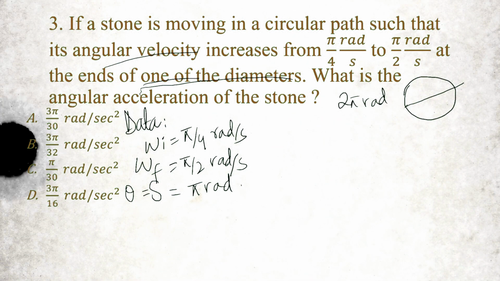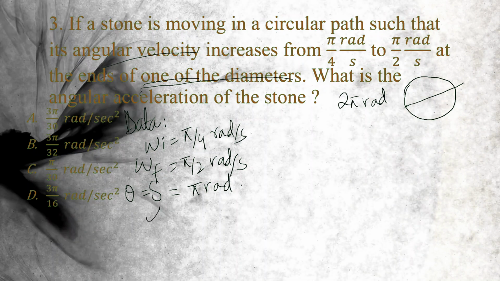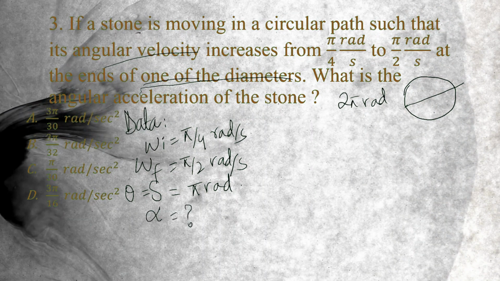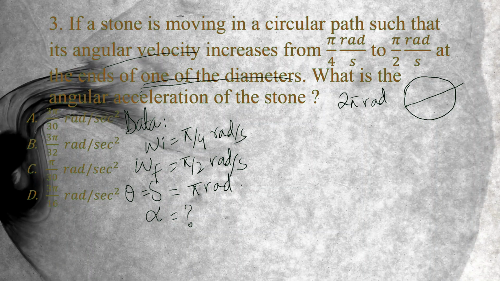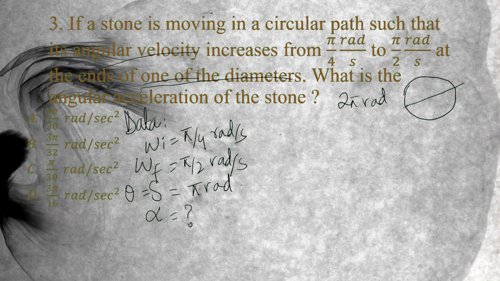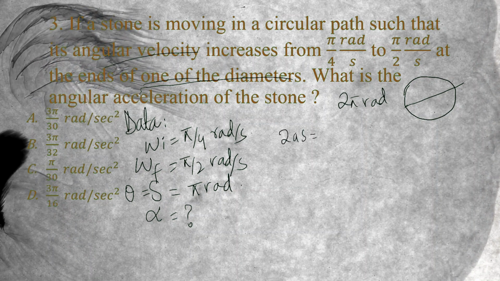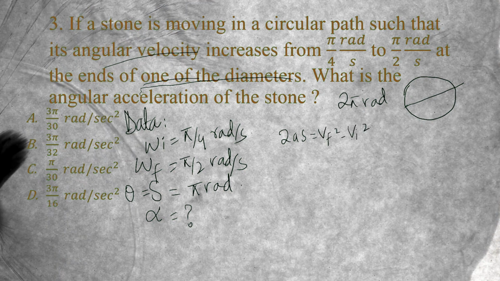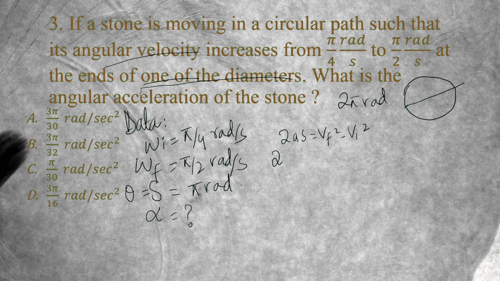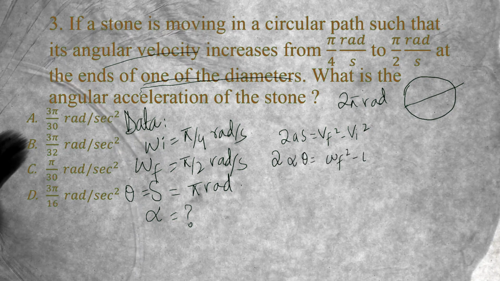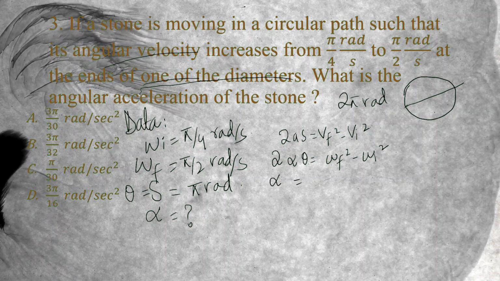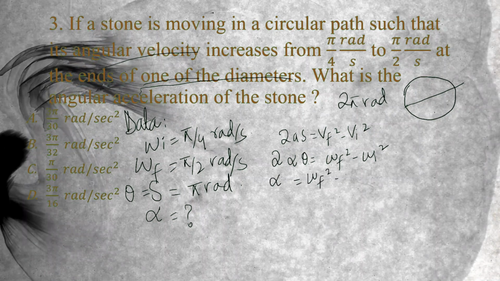Okay, what is the angular acceleration? The symbol of angular acceleration is alpha, and we have to calculate alpha. So students, how to solve this? We know one equation of motion: 2as equals vf square minus vi square. If I write this equation in angular form, it will be 2 alpha theta equals omega f square minus omega i square. If I want to calculate alpha here, alpha will be omega f square minus omega i